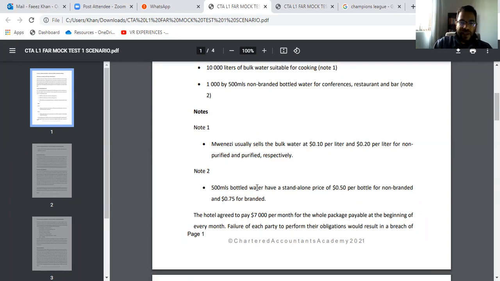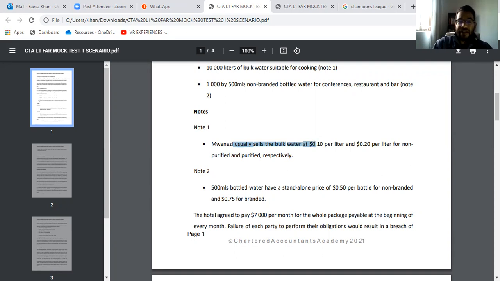So especially here, you can see they're telling you 500 milliliter bottles of water have a standalone price of 50 cents per bottle and 75 cents per bottle. Okay, so just be aware of that. And here they also tell you, Wenezi usually sells the bulk water at 10 cents per liter and 20 cents per liter. So there you can already see they have standalone selling prices. Okay, so that will come into play when we have to allocate transaction prices,